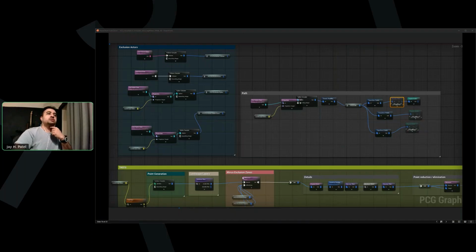Then it's really powerful in the sense you can even add exclusion zones. So think of the exclusion zones as maybe roads, pathways, and other things. So if I don't want my asset spawning on those sections, I can plug that into the difference node, and it makes sure that it doesn't spawn in those sections.